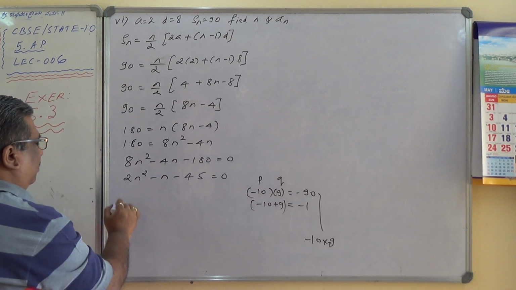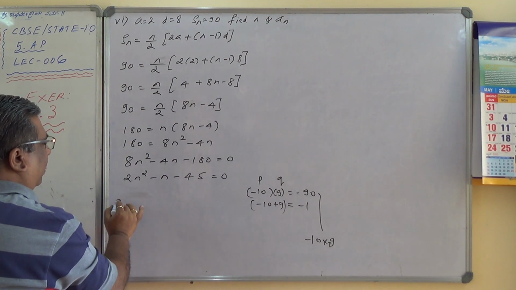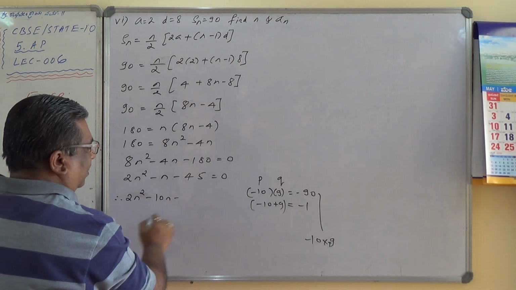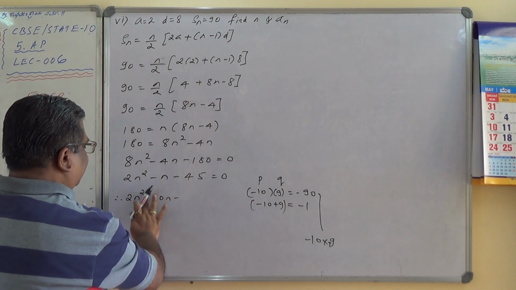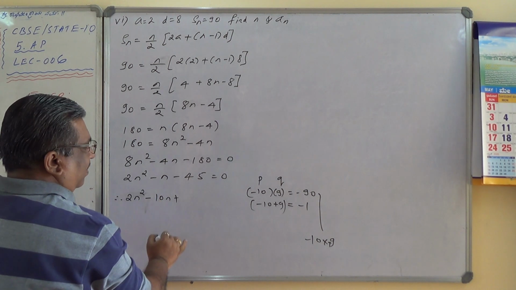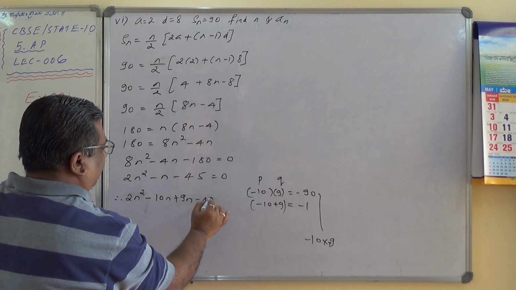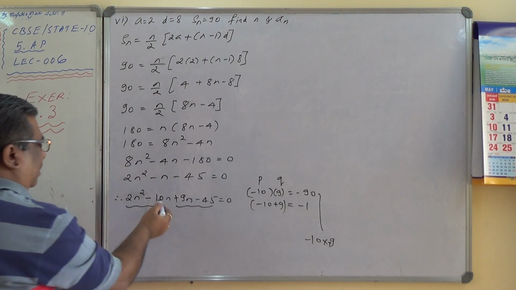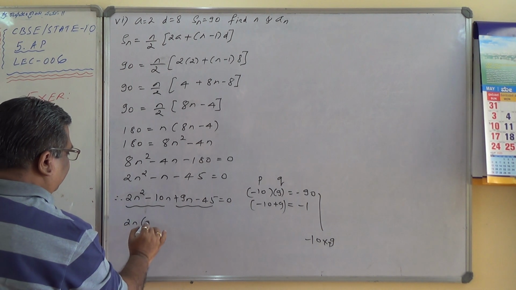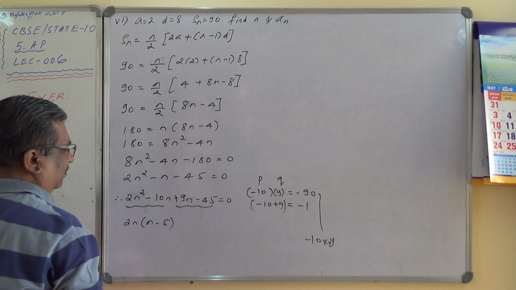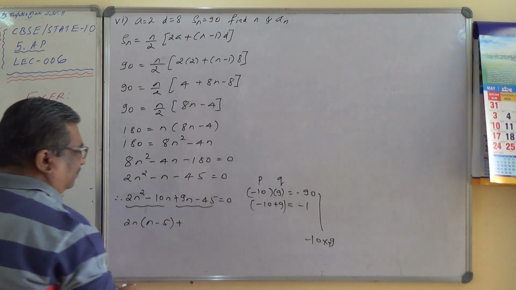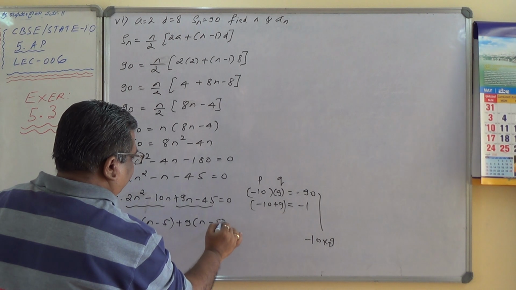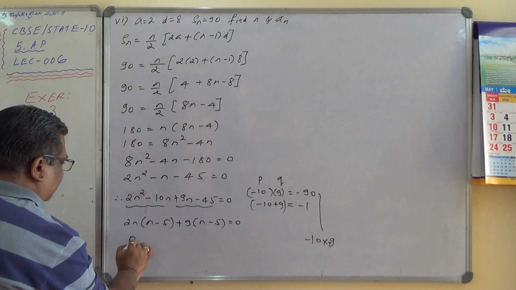Perfect. So 2n square minus 10n plus 9n minus 45 equals 0. Take common here: 2n I will take common, n minus 5, plus 9 I will take common, n minus 5, equals 0. So n minus 5